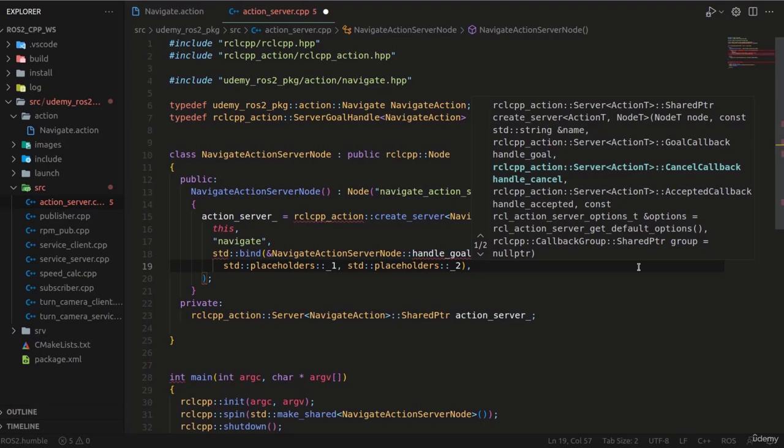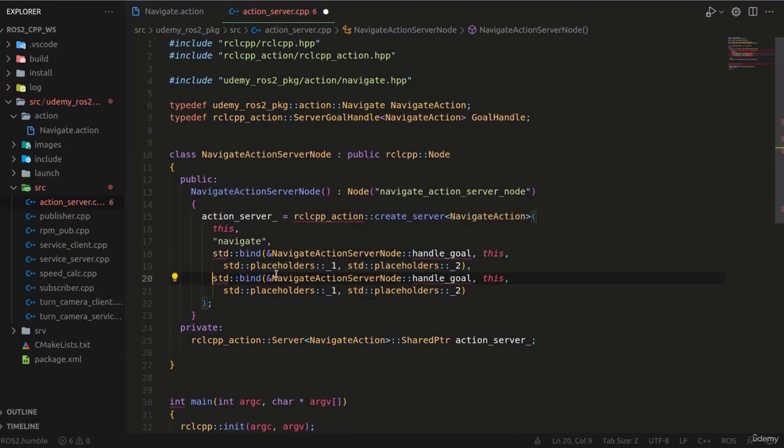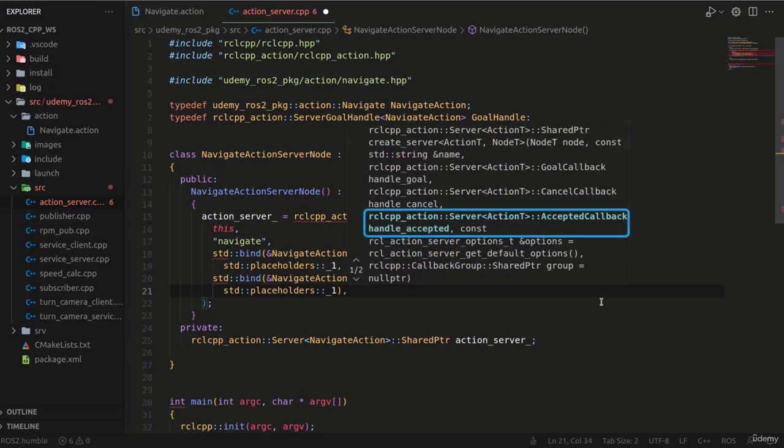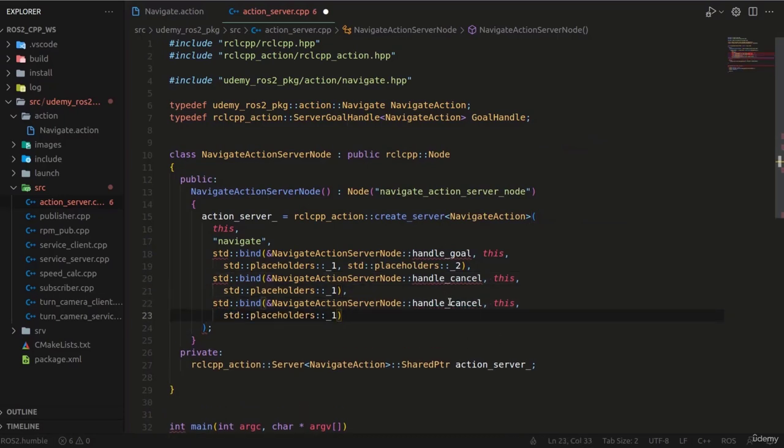So the next argument will be a function which handles action cancellation requests. So this will take in the goal handle, but again, I'll be using placeholders, so I can just copy the line above and use only 1 placeholder. Then the last argument will be a callback function, which handles processing the goal if it gets accepted by our handleGoal function we defined earlier. So I will call this method handleAccepted, and it takes in the node and placeholder, which will be for the goal handle input. Great, with that, we now have our action server created, so let's create all of these callback